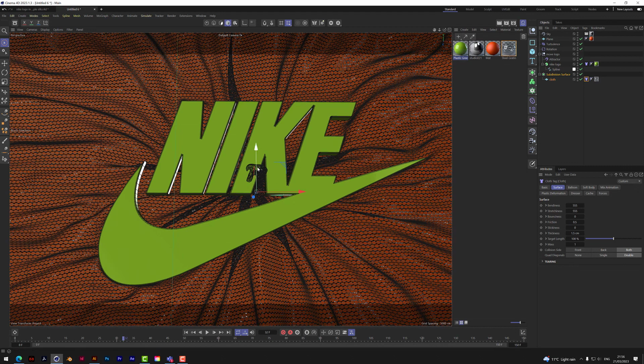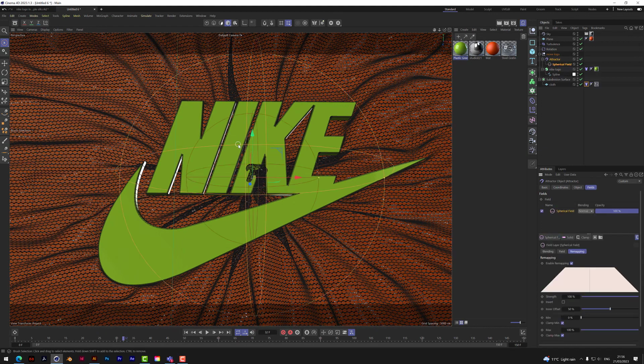I mean, we can get around this if we go to the attractor, which is what's causing this pinching and pushing this through. And we go to fields, we can actually put a spherical field here, shrink it down so it's the bit affecting there, and then we can go to remapping and say invert. Okay, so then what that should do